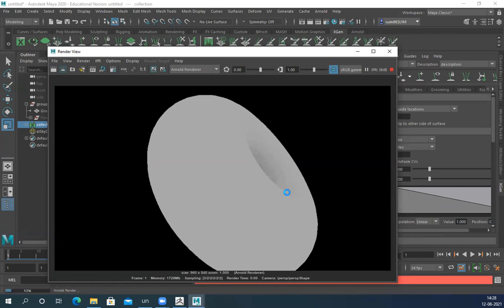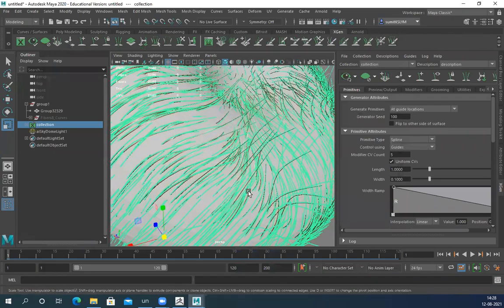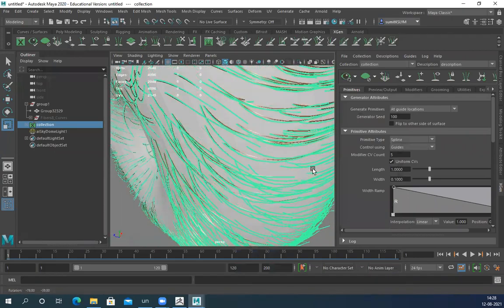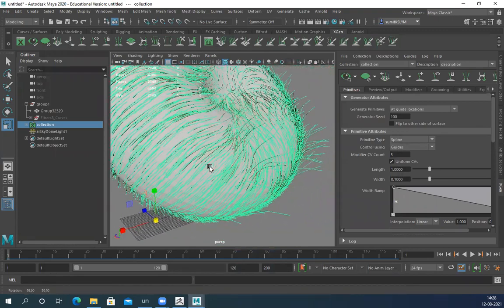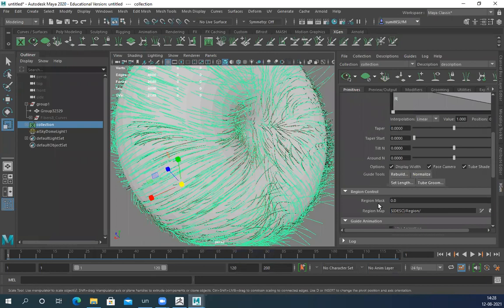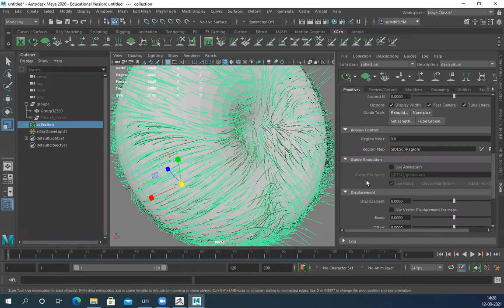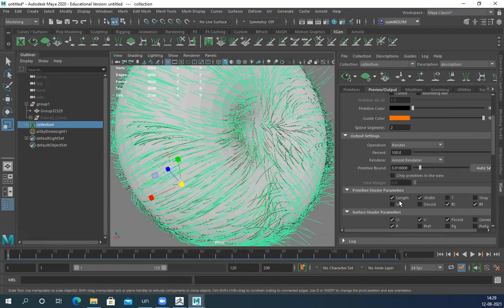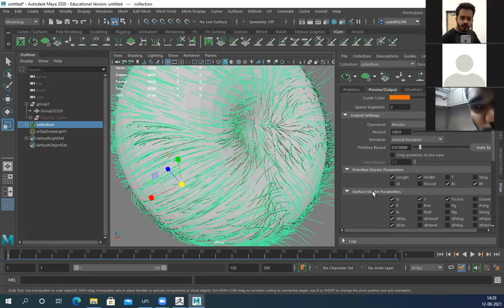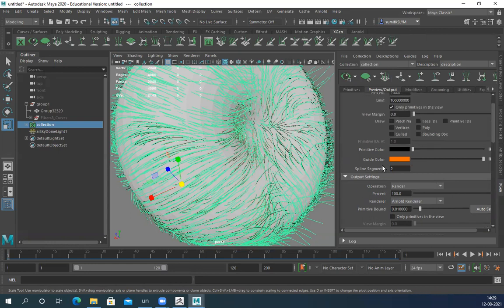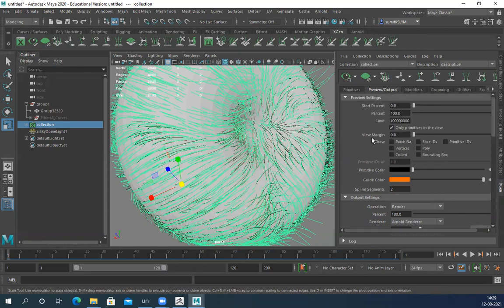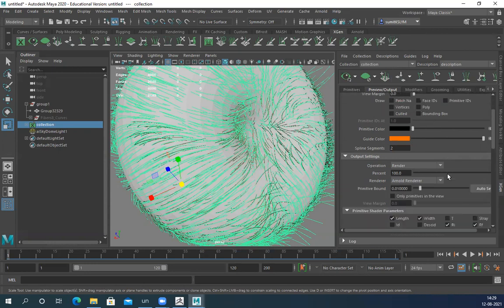Still showing nothing. All renders selected.